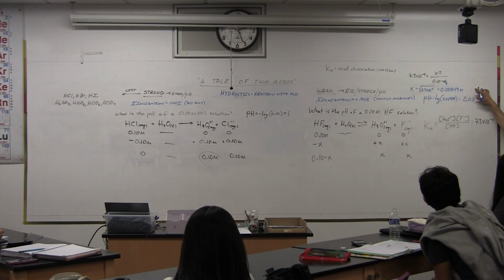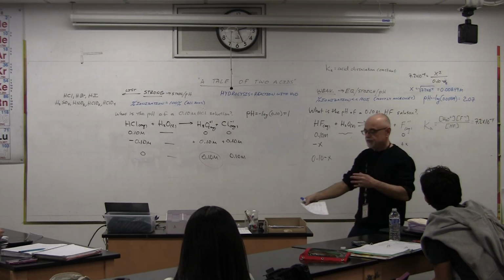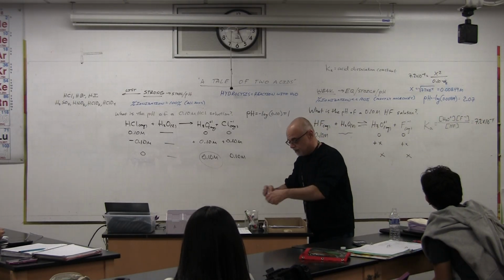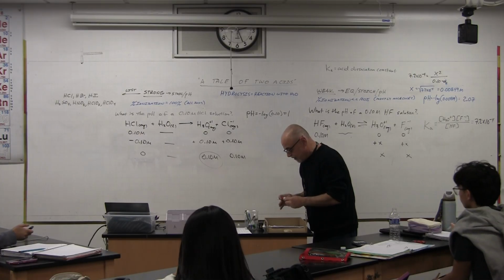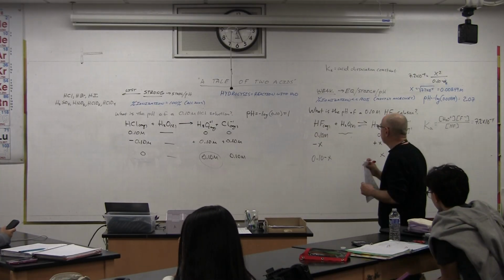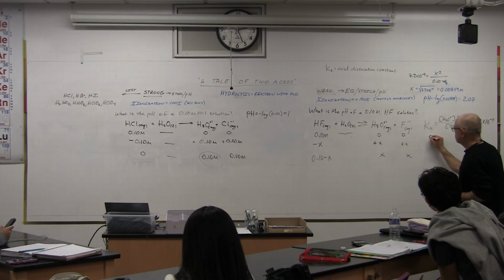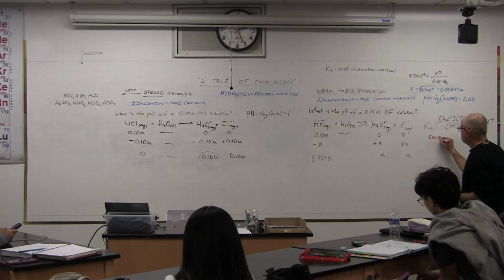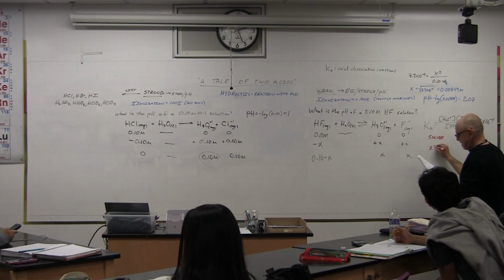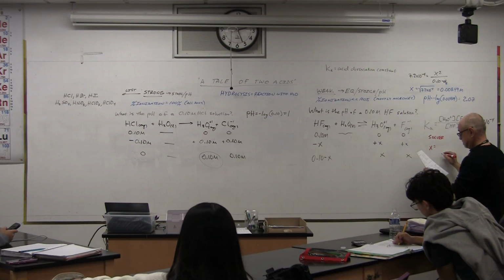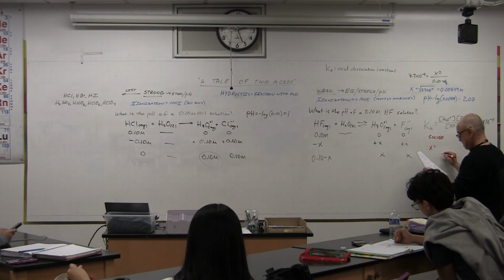Where would that have gotten us? So I'm going to do that in red just so you can see them a little more clearly apart from each other. But if I had done this with a solver, I would have gotten the x to be